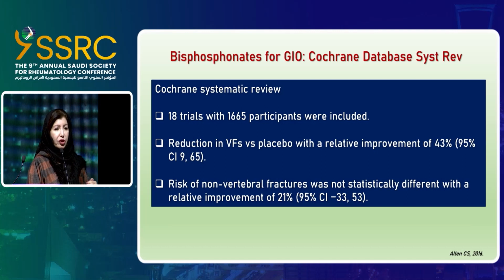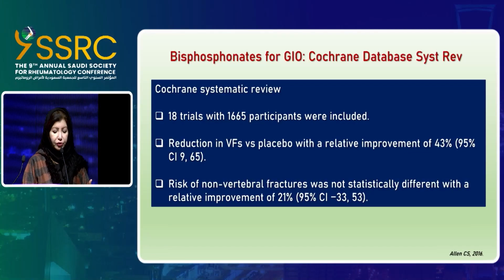So now we'll go through the main medications in GIO. Bisphosphonates: always when you have a lot of medications and a lot of studies, it's better to go for a meta-analysis or Cochrane systematic review. They will give you the summary of all the studies. According to the Cochrane review, at that time, it was done on 18 trials with more than 1,500 patients. There was a reduction in vertebral fracture versus placebo, with improvement, of course, and the risk of non-vertebral fracture was not statistically